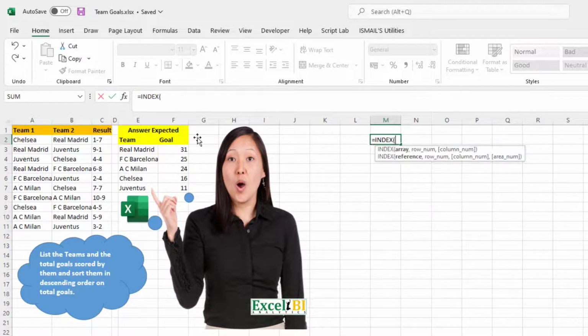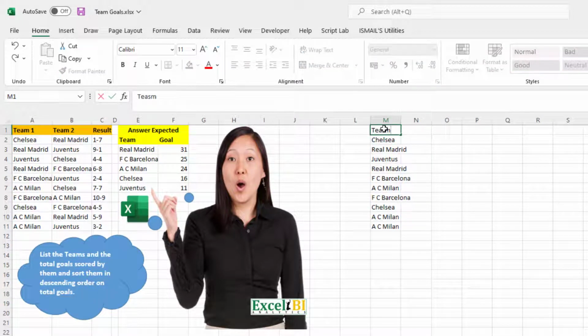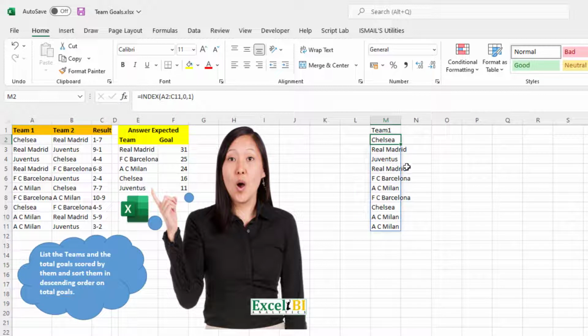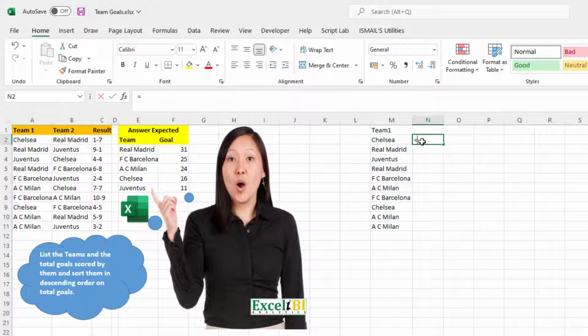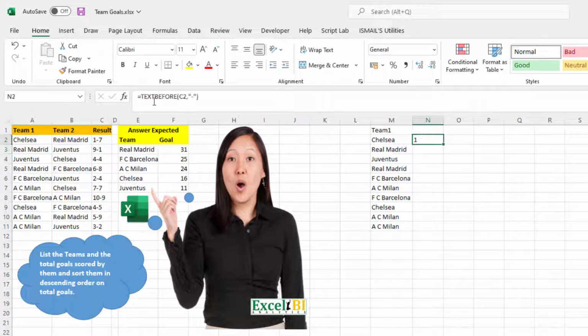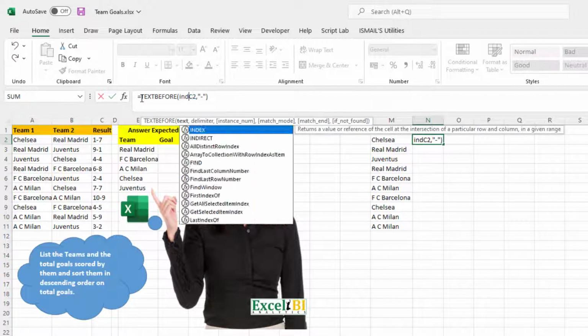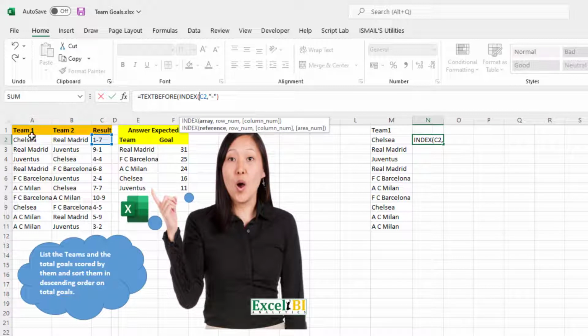so index, and this is our input argument. Row will be 0, column will be 1. So you get the teams. So team 1, and I'll try to get the score for team 1, that is text before, and this is our text, and text after it is this. So you get 1. So what I'll do, I'll just say instead of c2, just use index, get this entire part, and